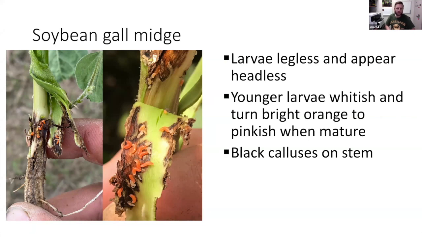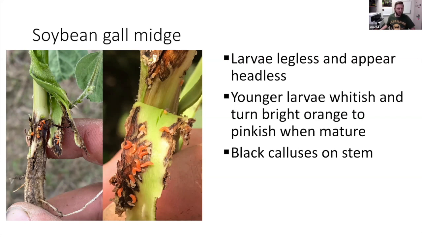Depending on the developmental stage, the larvae vary in color from whitish or pinkish to a bright orange as they mature,